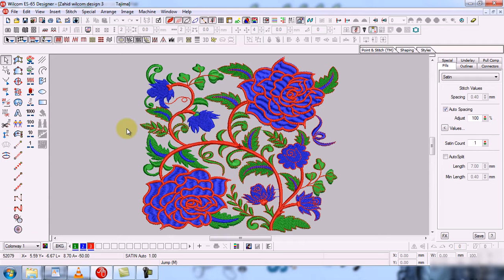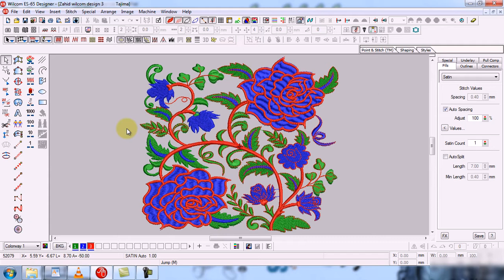One more thing, always remember, I will change my display screen settings according to my LCD or monitor or screen resolution. You will not change your screen settings according to my screen resolution, because every screen has a different resolution.